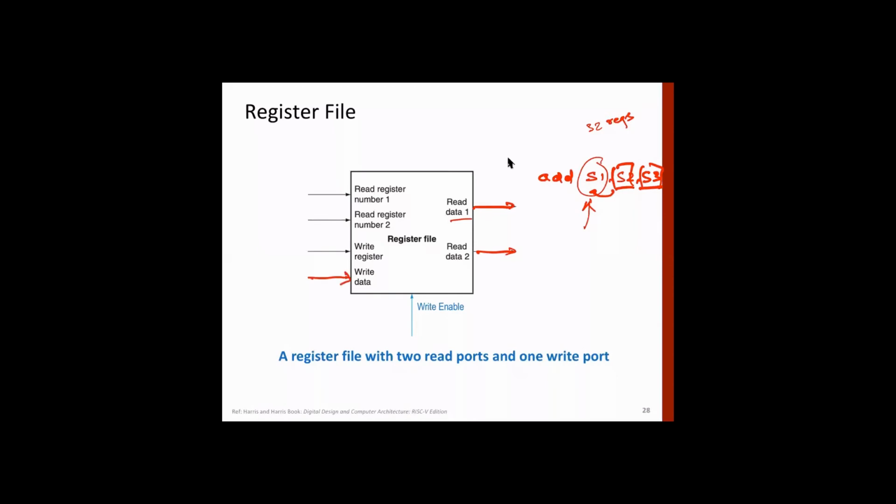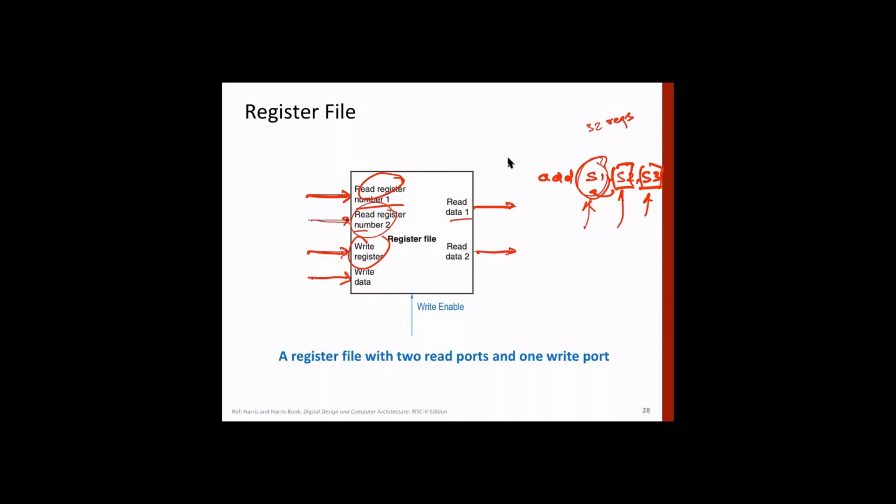Okay, and then we need to know which register we are reading from these two registers, so that number has to come. Whether it is the first register, second register, or third register is defined by the register number. These two are for that. Similarly, we need to define which register we are writing, so those bits come here. So these three give the register number that we are reading or writing to.